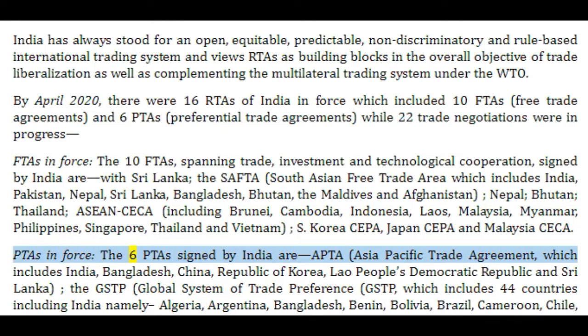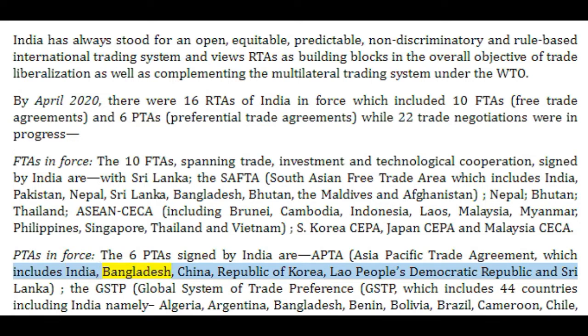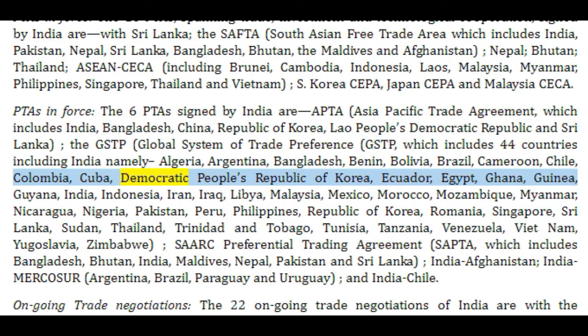PTAs in force. The 6 PTAs signed by India are: APTA, Asia-Pacific Trade Agreement, which includes India, Bangladesh, China, Republic of Korea, Lao People's Democratic Republic and Sri Lanka; the GSTP, Global System of Trade Preferences, which includes 44 countries including India, namely Algeria, Argentina, Bangladesh, Benin, Bolivia, Brazil, Cameroon, Chile, Colombia, Cuba, Democratic People's Republic of Korea, Ecuador,